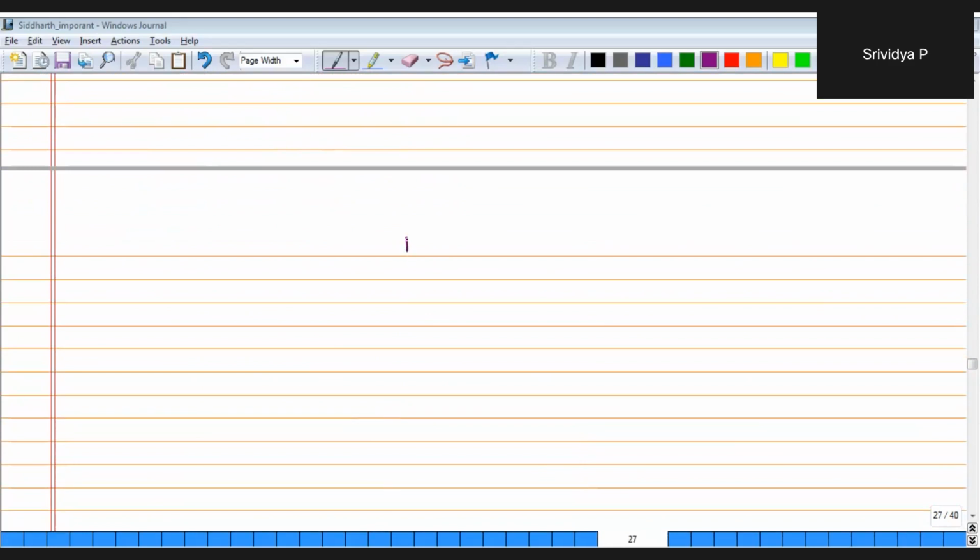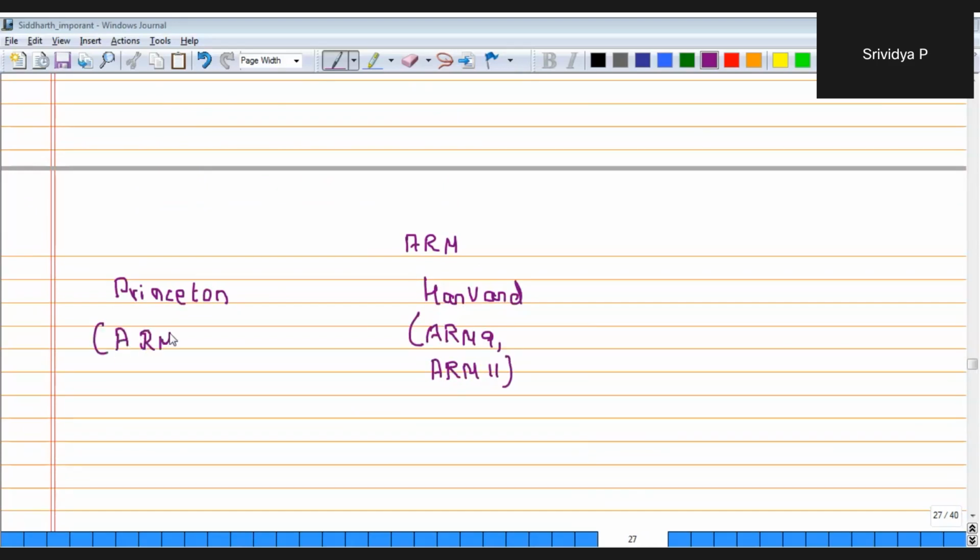So I can write it like this. ARM follows both Princeton as well as Harvard architecture. Harvard is used in ARM 9 and ARM 11 processors. Princeton is followed in ARM 7 processors. And